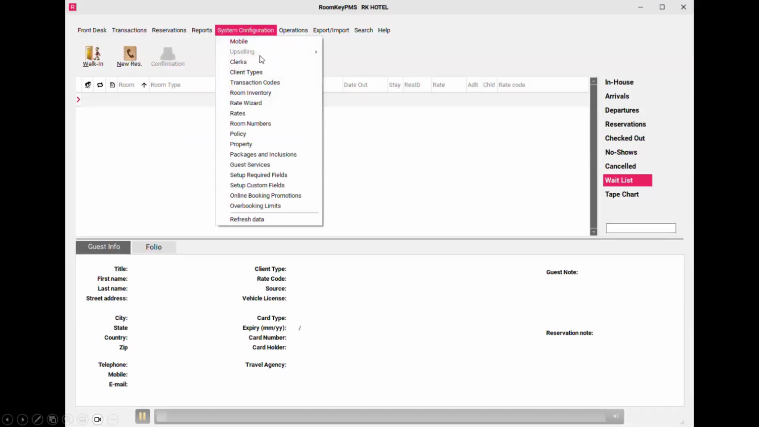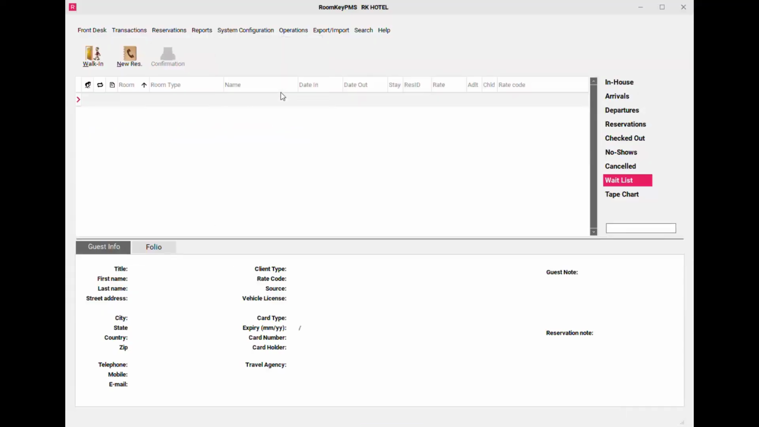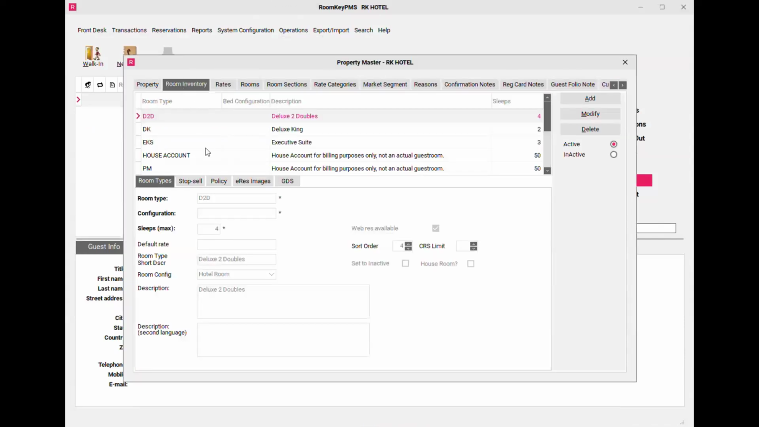So once again, you'll go to System Configuration, the Room Inventory option, and that's going to open up this Room Inventory tab here on screen. You'll select the house account, and on the right-hand side, you can click Modify. That allows you to make changes. Like I said, you can change the room type terminology here. You might use the term posting master, group master, event master. You can change any of the other features here